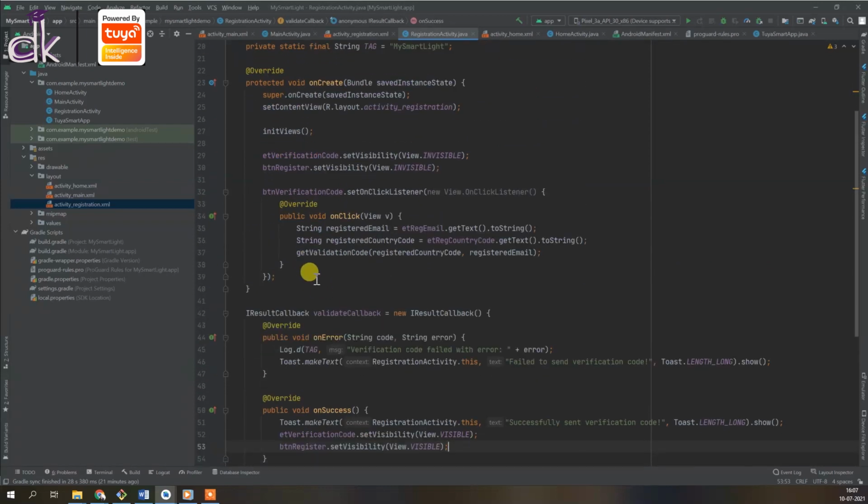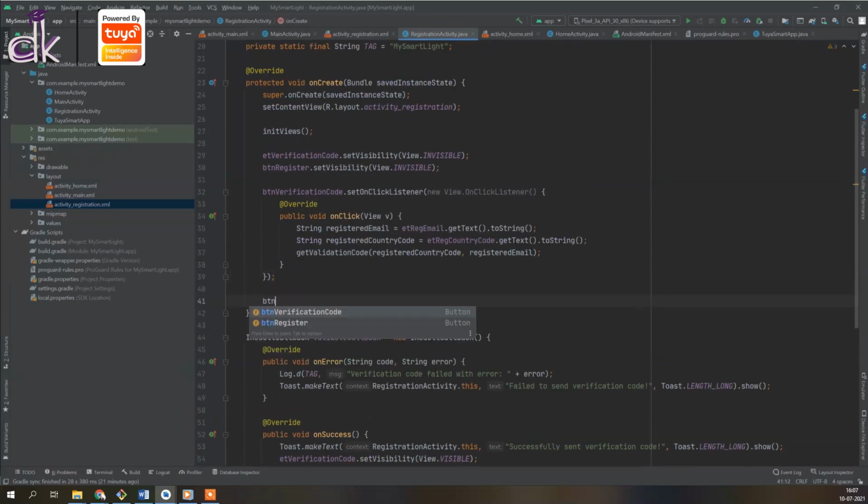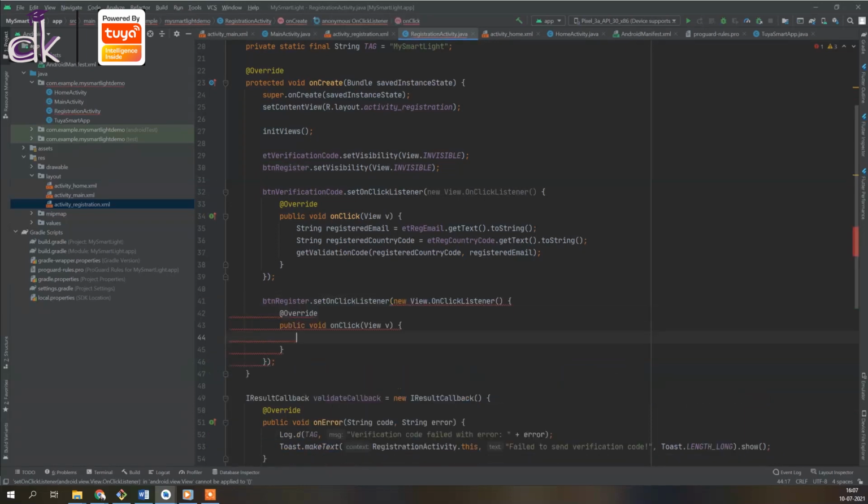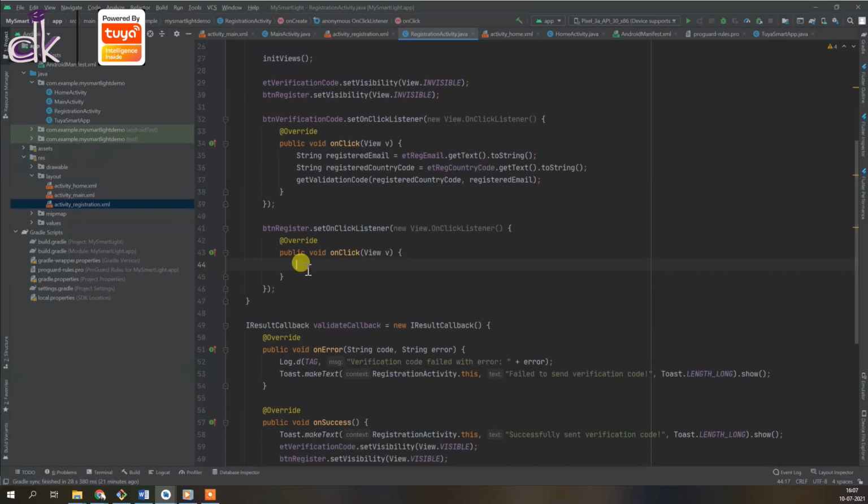Okay, so for that we'll need to create an on-click listener for the button register. So set on-click listener, new on-click listener. Okay, I've done that. And here inside the on click, so what do we write, right? We'll be making use of the Tuya SDK, obviously. So we'll need to get the registered email again.